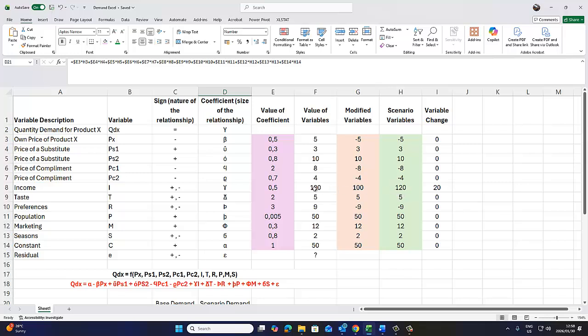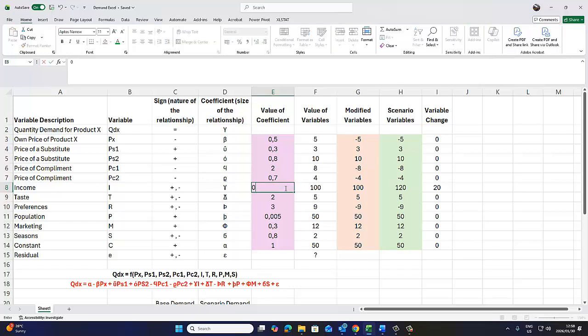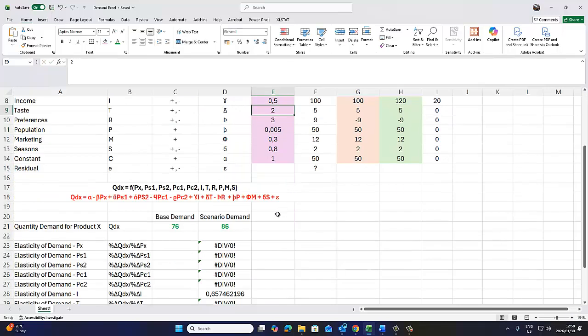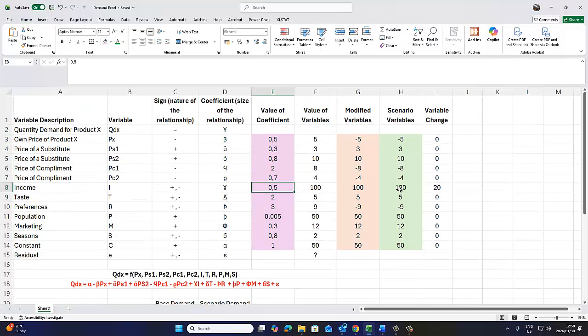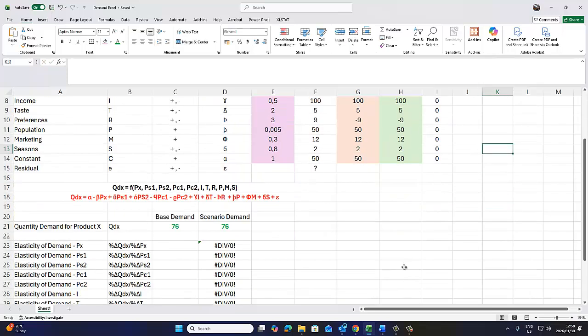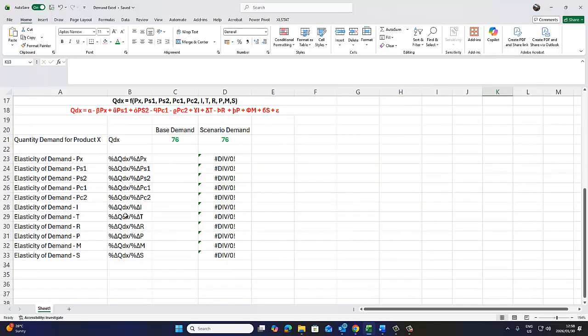And so we can play around with this. As I said, let's leave it at 0. Again, the sector is 0.5. Let's make it 0.5. Okay. Let's leave it 0.5, etc. Let's make it back to 100. And we've done the same for all of them. So there is the